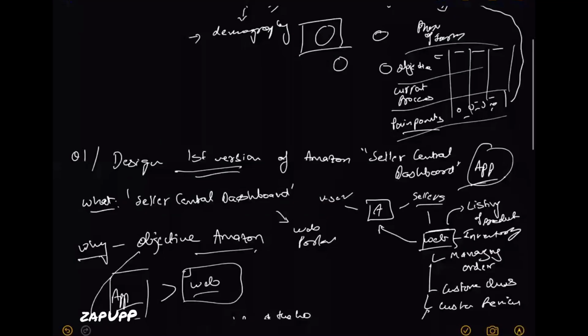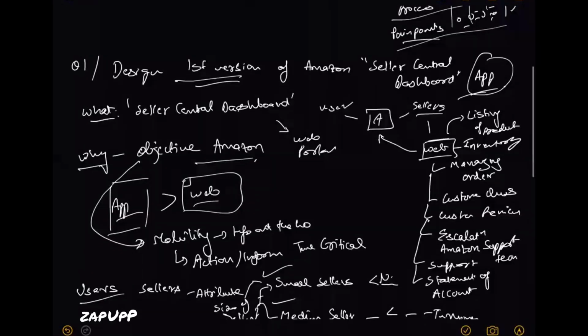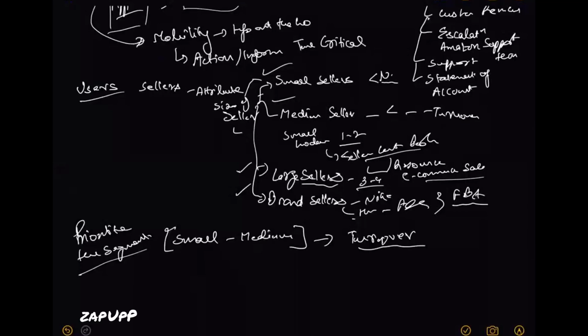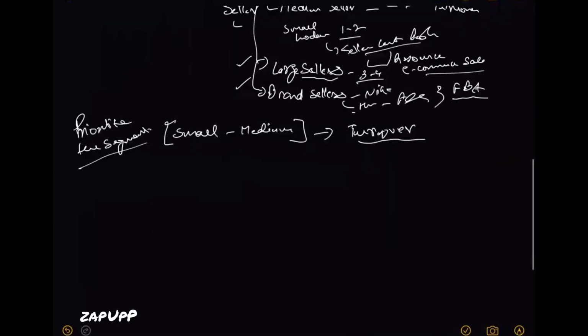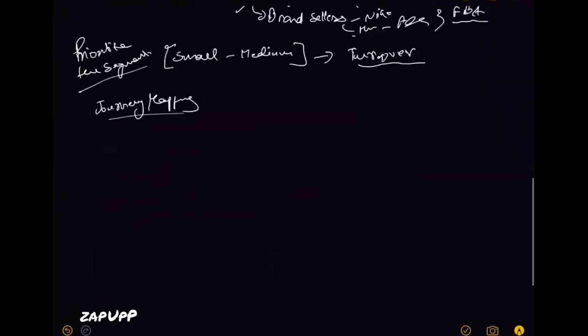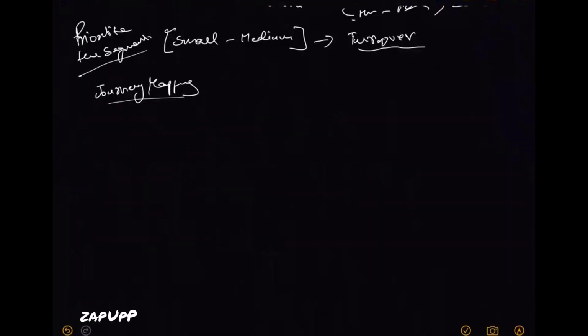So we have discussed the what, we have discussed the why, we have discussed the users, the segmentation, and the use case. We have prioritized the segment, one particular cohort. Now we'll be doing a journey mapping. So the journey of the seller starts with a registration on Amazon,